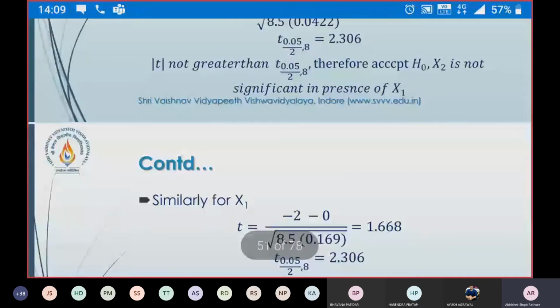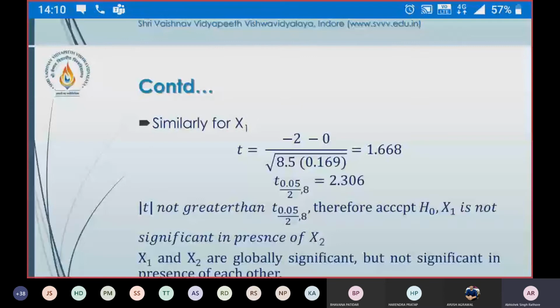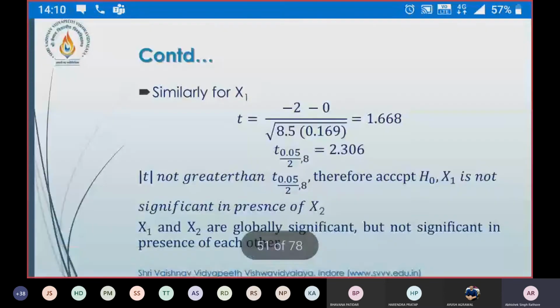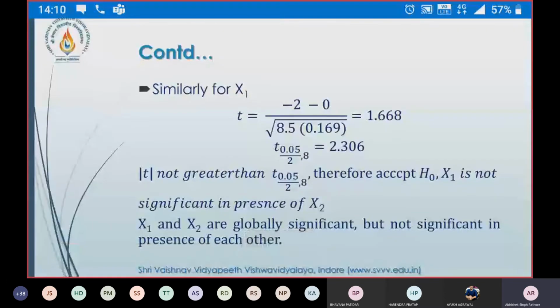I'm just taking the values and calculating over here. I'm just replacing this by 0.169. So what is this 0.169? This 0.169 is just the value of x11. So here I can calculate all those values. Again we are just changing to x11 and it signifies that we are getting the value of 1.688.